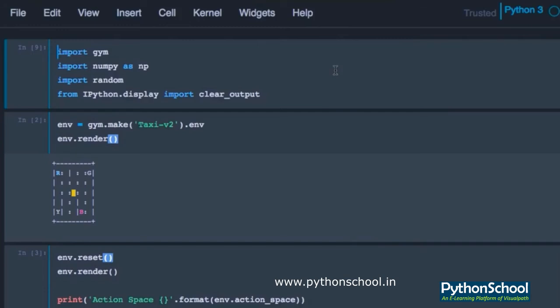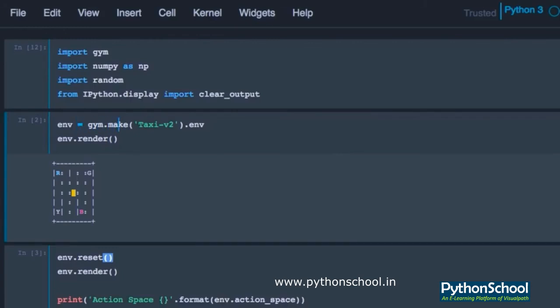Now let's see the Q learning implementation part. So we are into the demo right now. We'll start the coding part with the initialization of all the libraries. We are importing gym for the environment we'll be using. We are importing numpy, we are importing random, and after the libraries have been imported, we will first initialize the